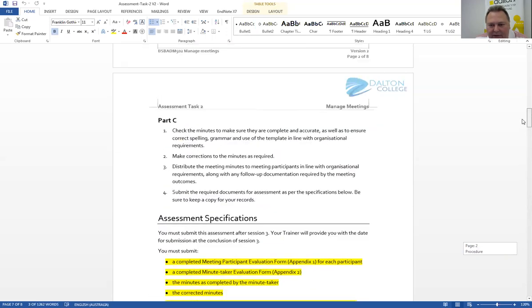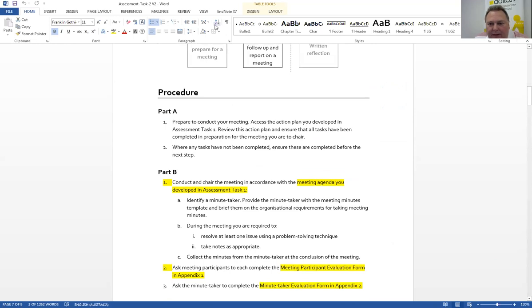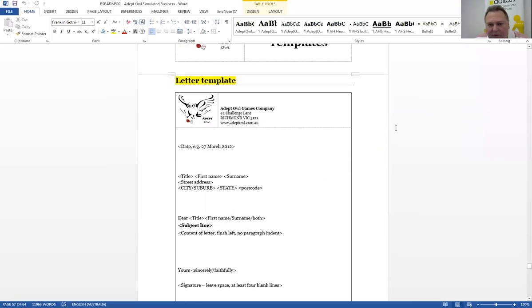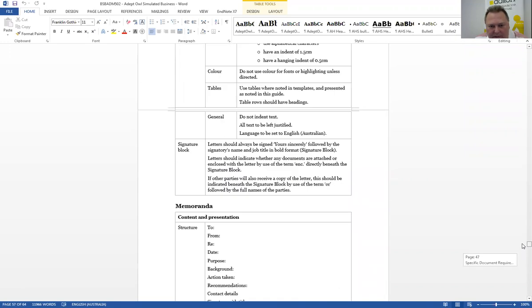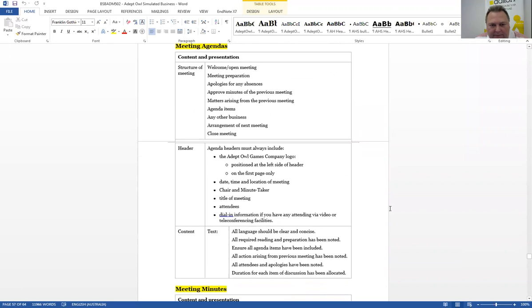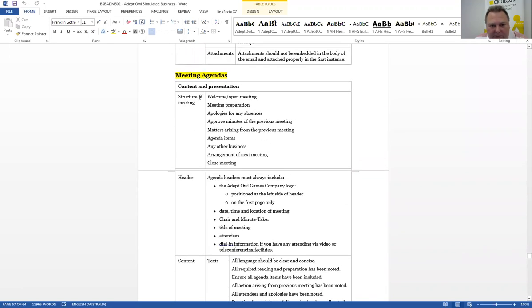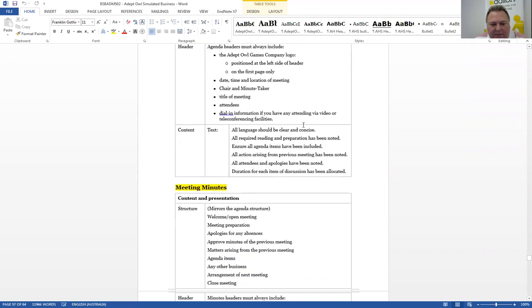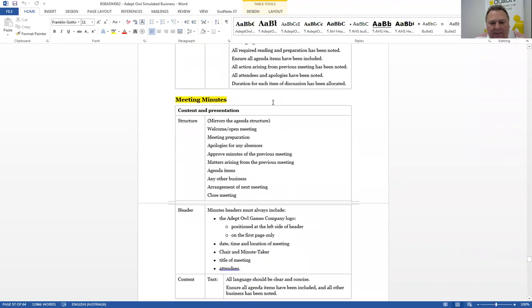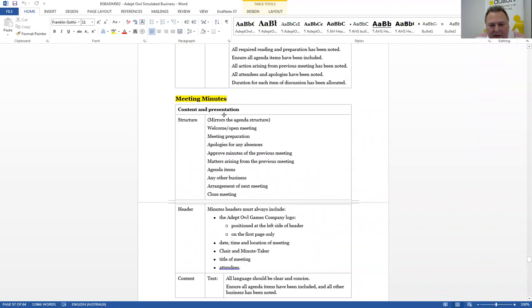And in addition to this, there were some templates to be used from the longer document, which was here, the ADEPT-L document. And these documents are hovering down the bottom or the lower section of this document. So if we scroll up a little bit there, and there we are. So we've got meeting agenda. That was a requirement to use this template because it has the right format, instruction sequence there. See, structure of meeting, heading, content. The meeting minutes template to be used, again, has the right structure, header, content,